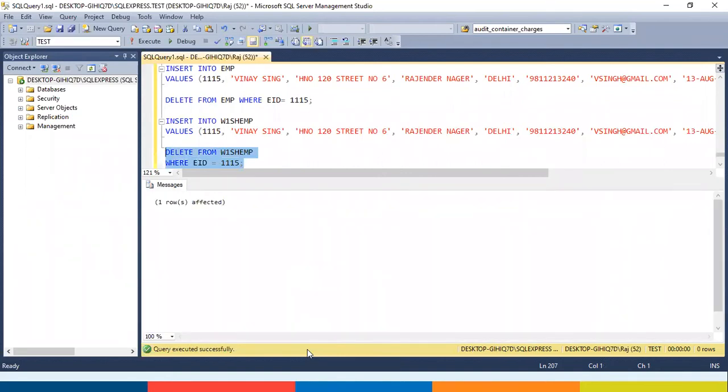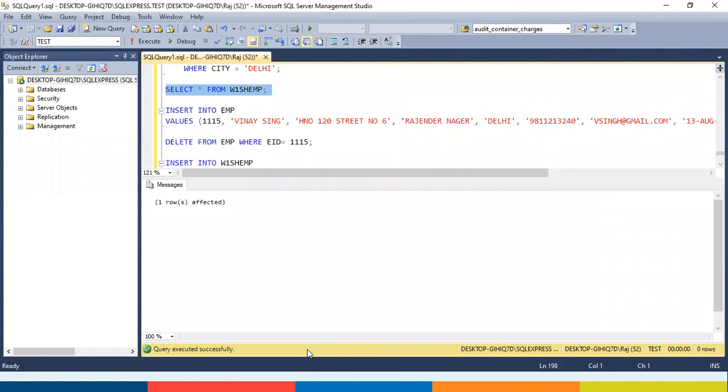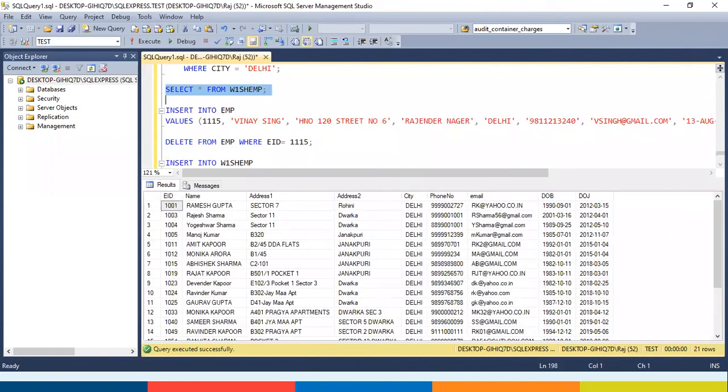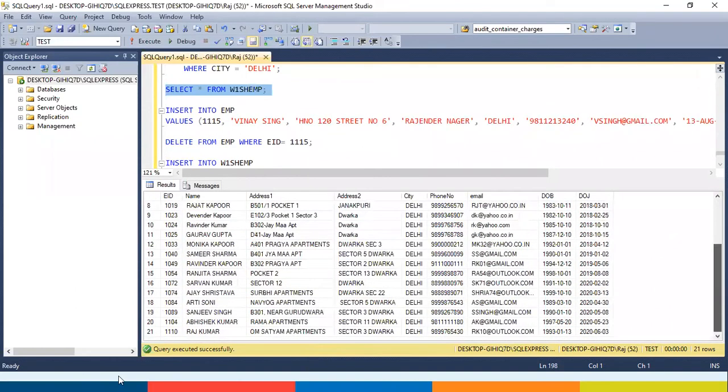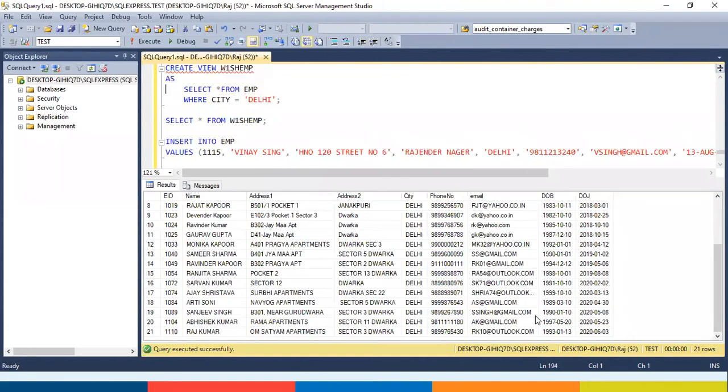Execute. One row affected. Let us see whether the data has been deleted from the view or not. Yes, the data has been deleted from the view. Now again the question arises whether the data will be deleted from the table also. Let us check that.